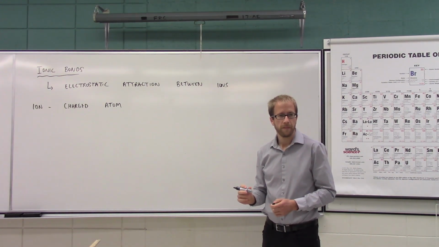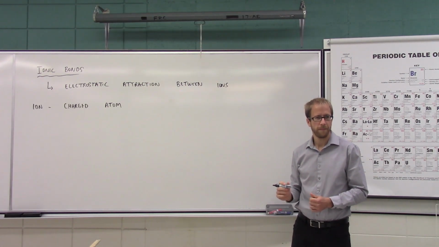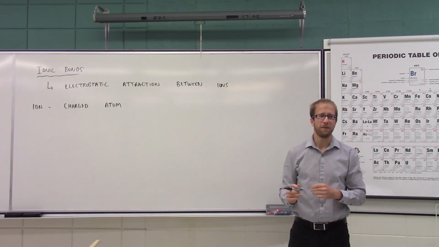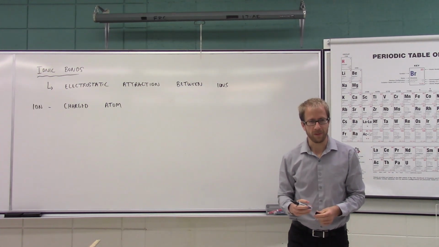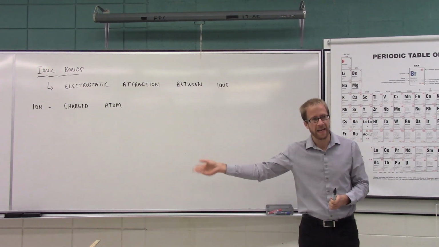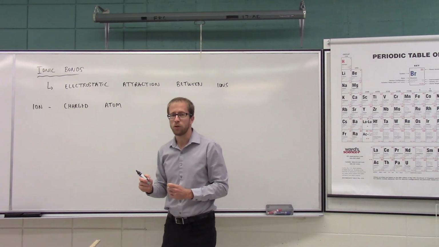So, like if sodium did lose its electron, we'll talk about that in a second. But if you lose negatives, what do you think your atom's going to do? Exactly, right? And if you gain negatives, you'll be negative. So an ion is a charged atom